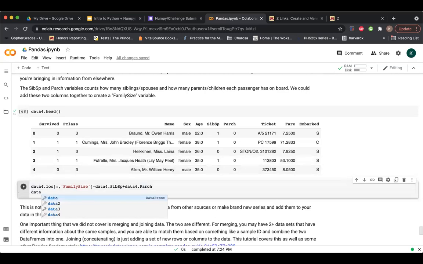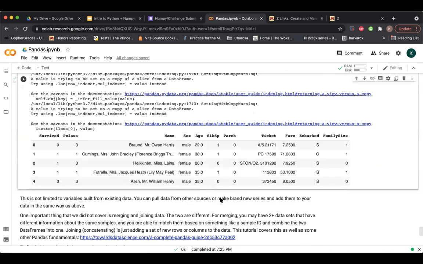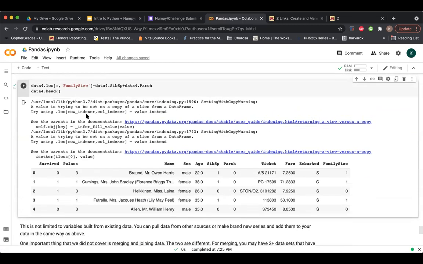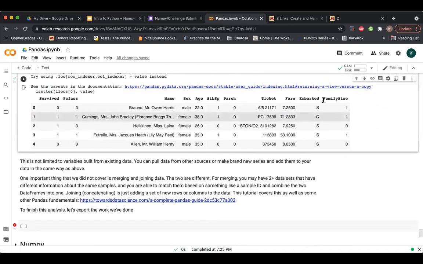And then we take a look at our data frame. Okay, maybe ignore this. Apparently what I'm doing is not the best way to do it, but you can see we now have a new variable introduced called family size. And if you want to look, it's just the sum of sibsp and parch. So that's how you can create a brand new